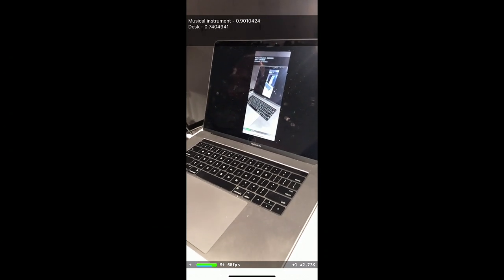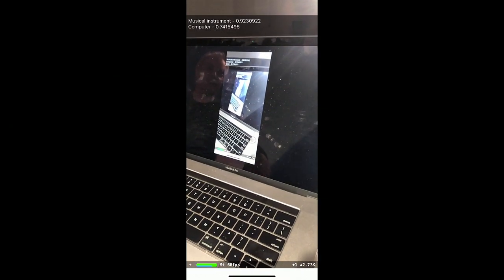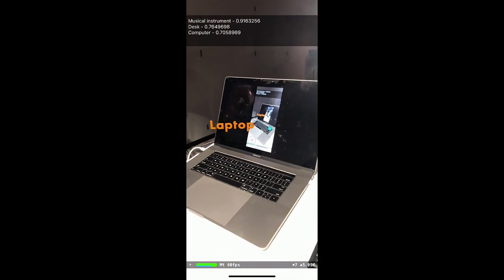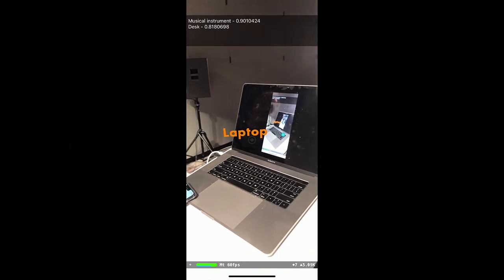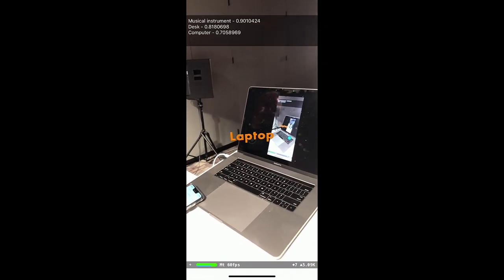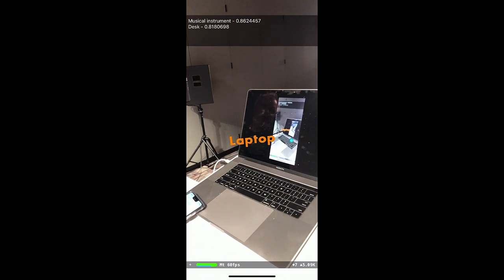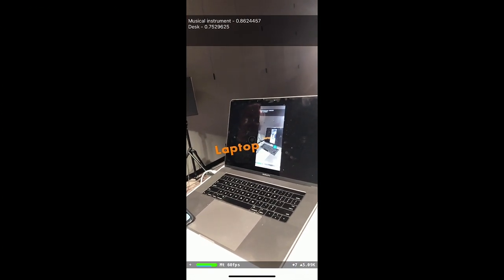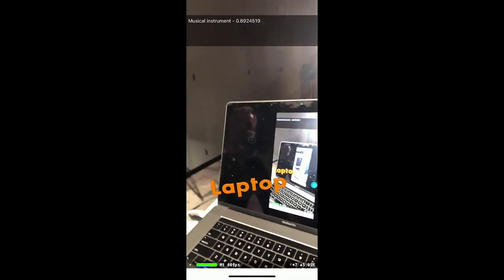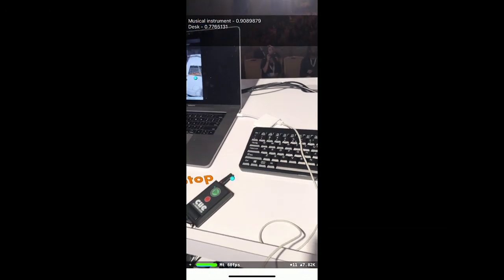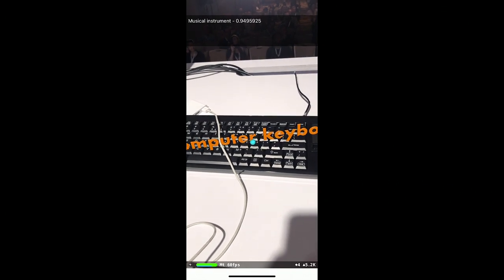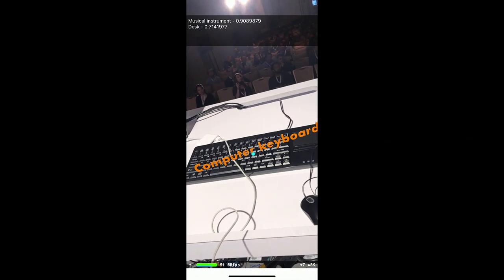I do use my Mac for making music, so saying it's a musical instrument will be accurate. So I want to trigger it. It starts with the musical instrument, as you see. That was the on-device API. But at the same time, I did a call to the cloud API, and I was able to swap the label with laptop, a better answer, because I was getting the laptop from the cloud API. I can do a few other things, as for some reason I'm getting a lot of clouds. There we go. As you see, it actually changed from the musical instrument.